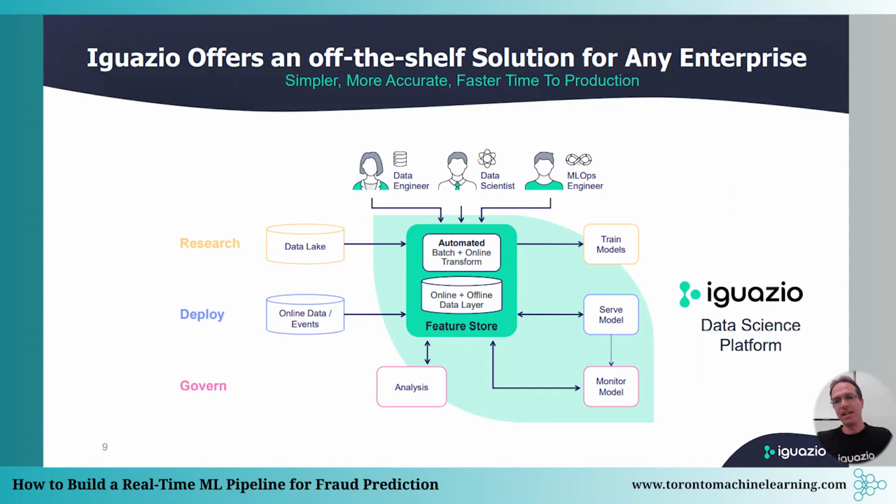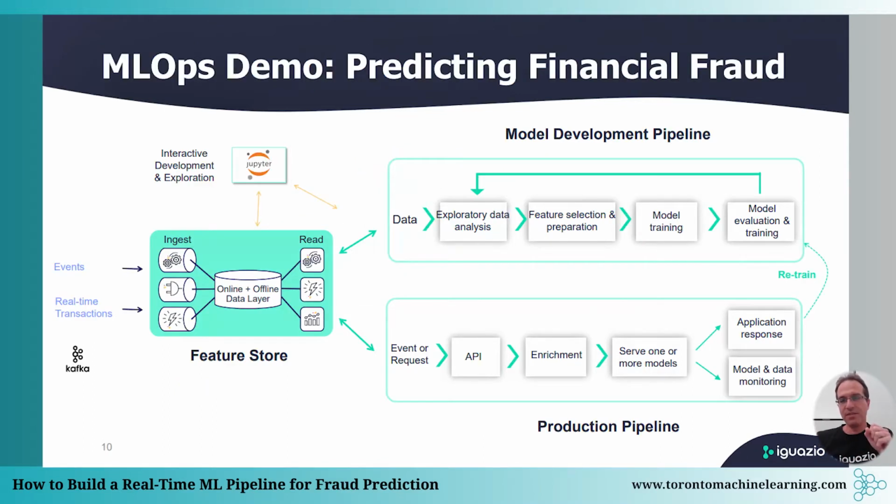Another benefit is that once you have the features that were trained in the feature store, you can compare those features to the features that are being sent in the production environment. So when you have model monitoring in place, you can compare the features coming into the production model with the features that were trained in your feature store and identify if there is any data drift. That feature store basically provides you a way to do the development phase and also the serving phase. So this is a very critical component within the solution.